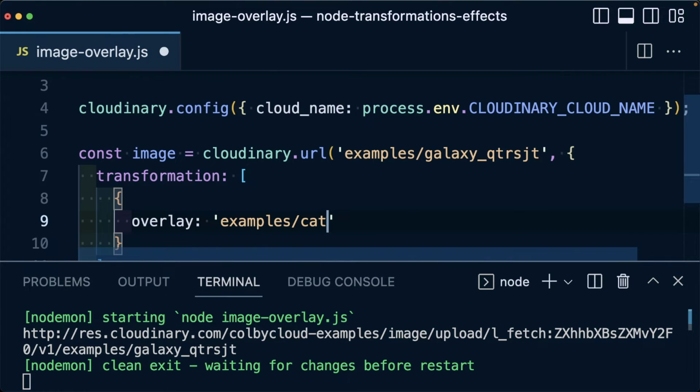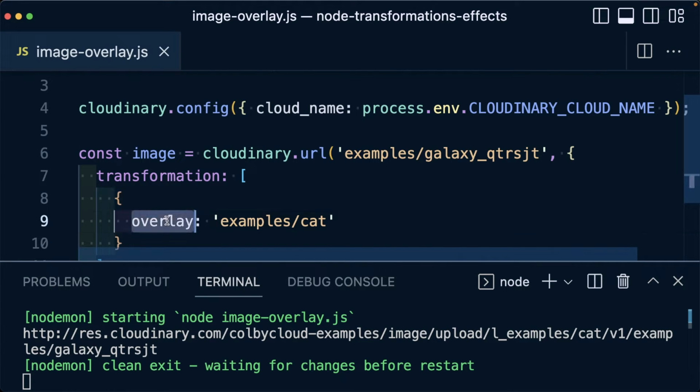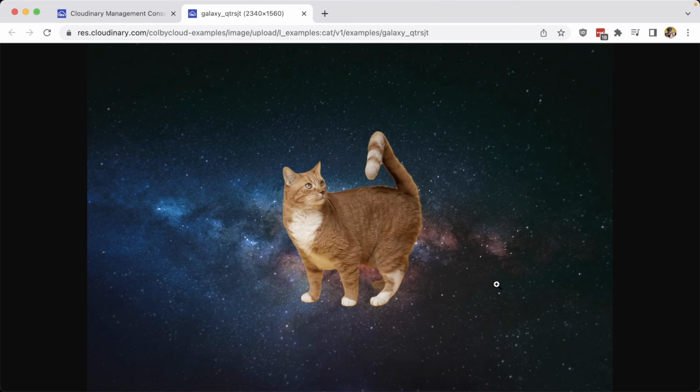examples/cat public ID. Now, the only caveat here is when we're defining an overlay, instead of using this slash, we need to change it to a colon. So anytime you want to go nested into a directory, you need to make sure you replace those slashes with the colon. But once I load my new resulting image in the browser, we can see that my cat is